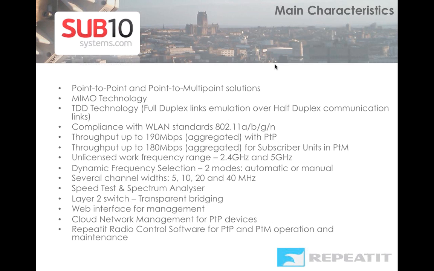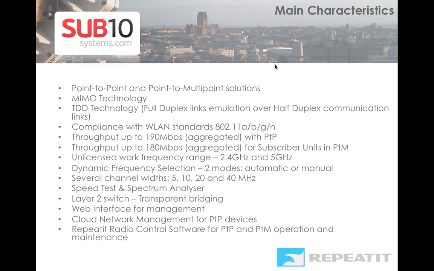You have a table where you simply click okay, this channel is usable or not, and then select auto channel from this list. For example, you have 20 channels, but you say okay, this unit can use just 5 channels, and specify these 5 channels, and the unit will select the best channel from these 5